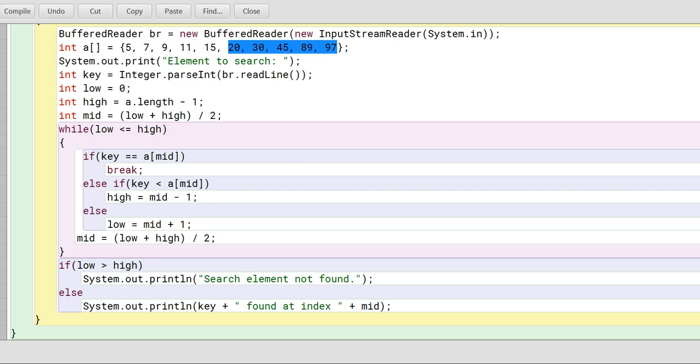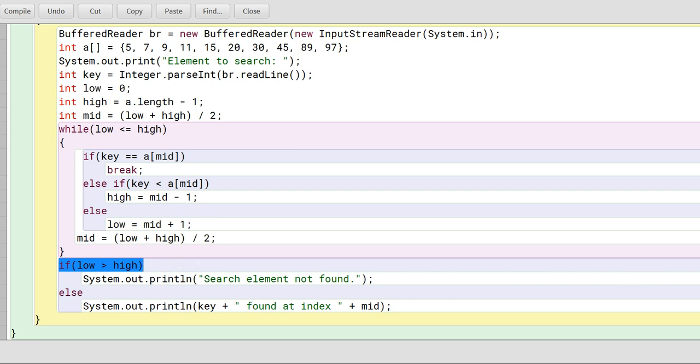After coming out of this loop, what we have to check is: if low is greater than high, then the element is not found. Why is this condition applied?